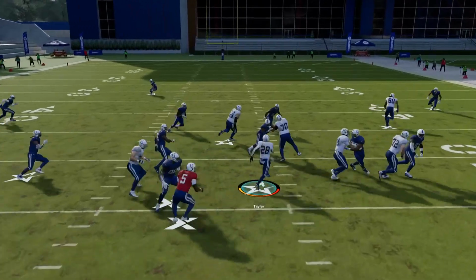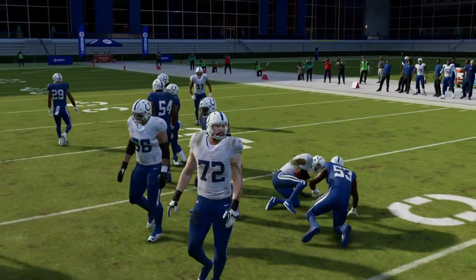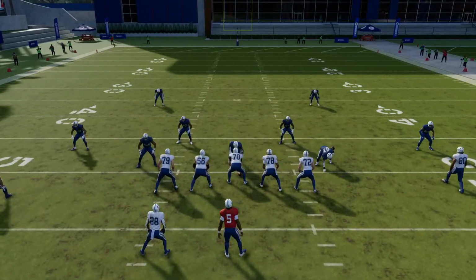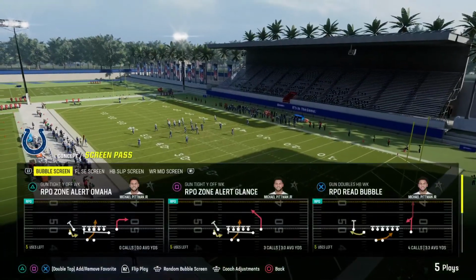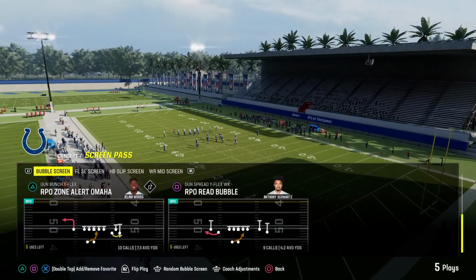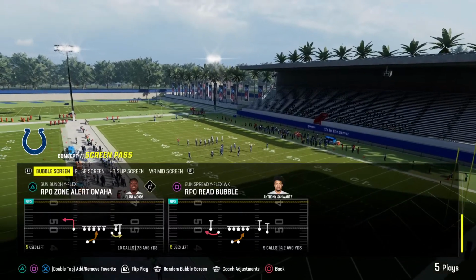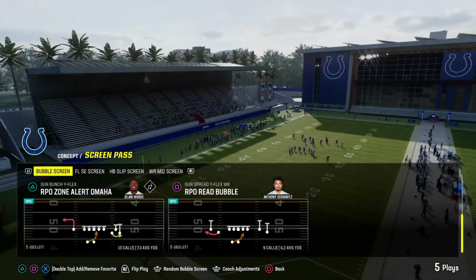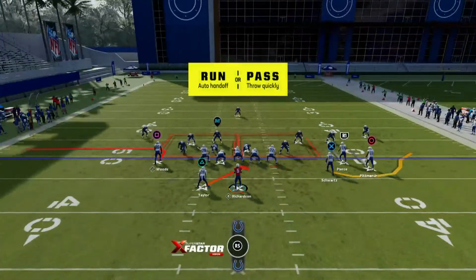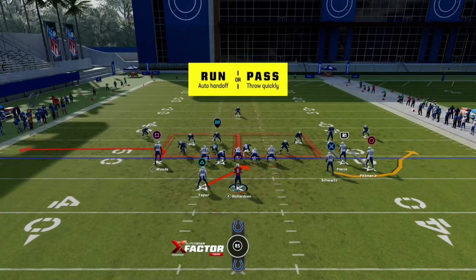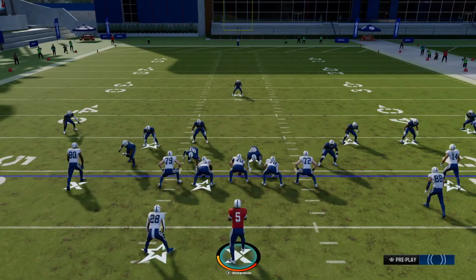And there are several different plays that use this kind of, well, it's a run pass option that use these options. So this bubble screen, RPO bubble, read bubble, I really like that one. RPO zone alert Omaha is another one that gives you two options. Again, it's a read play, but what I'm going to be looking for is